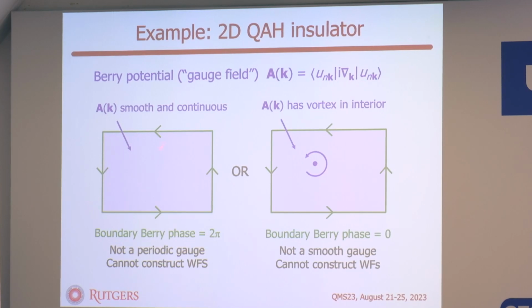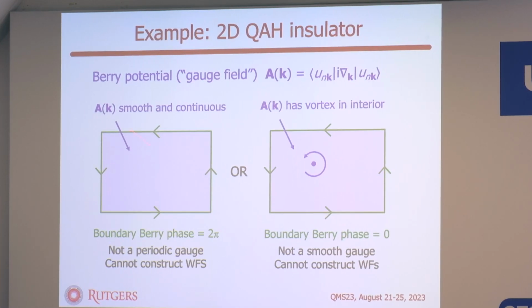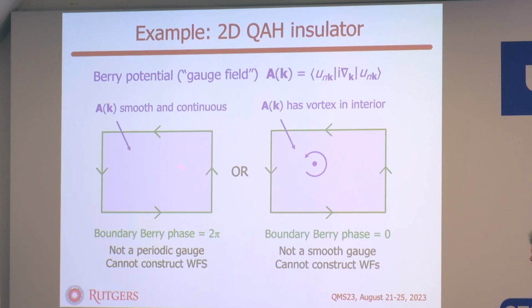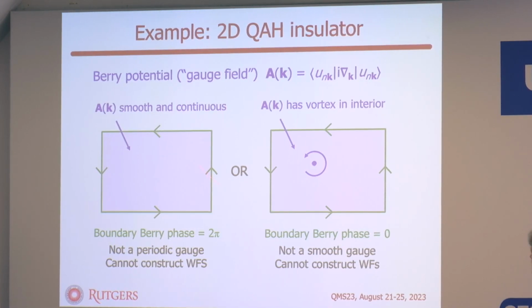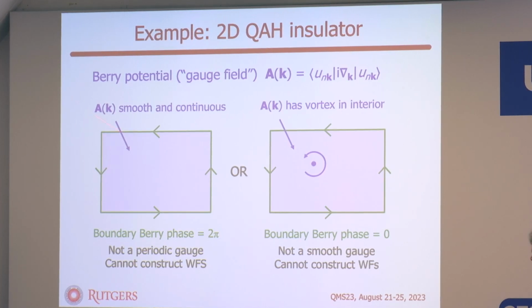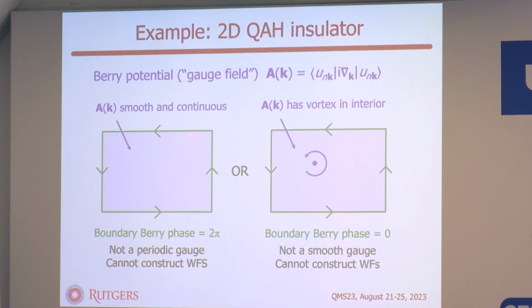Good. And one way of seeing that is that because I integrate the Berry curvature over the Brillouin zone, I get 2 pi. So that says that if I choose a gauge that makes the Berry connection smooth and continuous in the interior, then the Berry curvature is well defined everywhere inside, and it has to integrate up to 2 pi. And then Stokes' theorem tells you that when you do a boundary integral around the Brillouin zone, you get 2